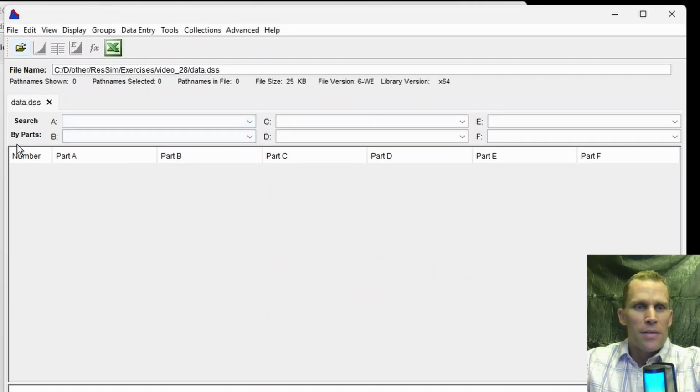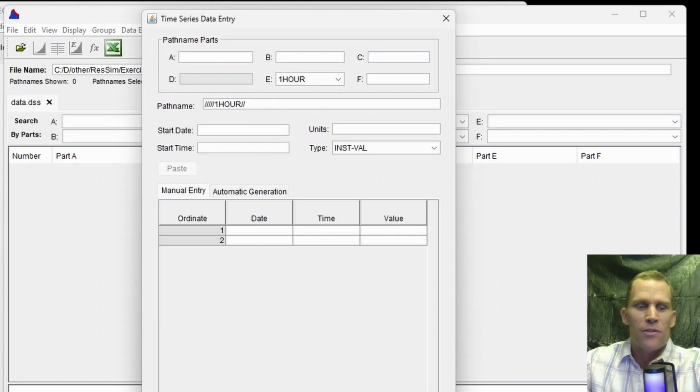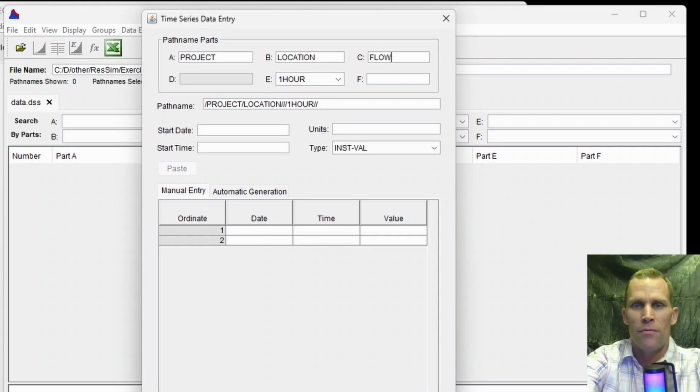And here it is, data.dss. We have our parts along the top. I'm going to go data entry, manual time series, and then start filling in the parts. I'll say project, location, flow, 1 hour is the time step, and then I'm going to say 500 arrow 5,000